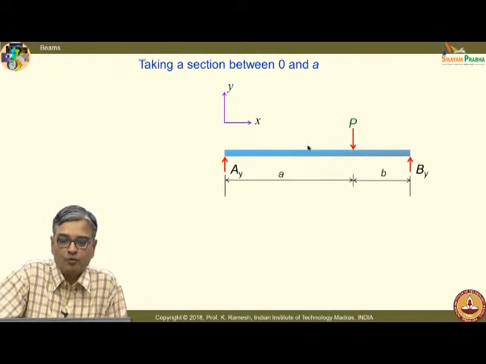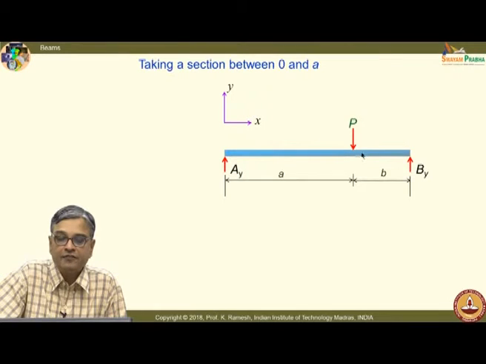I have to find out what is the bending moment. So, I take an arbitrary section through the beam between 0 and A. I have taken the origin here. So, between 0 and A, I will take a section. So, that will tell me what happens in this section. If I take another cut between A and A plus B, I would be able to find out what is the general variation in this section. Now, let me make an imaginary cut at a distance x from the point A. I call this as section 1 and section 2